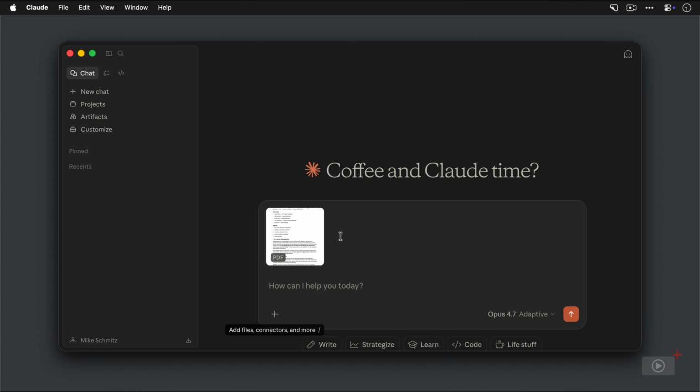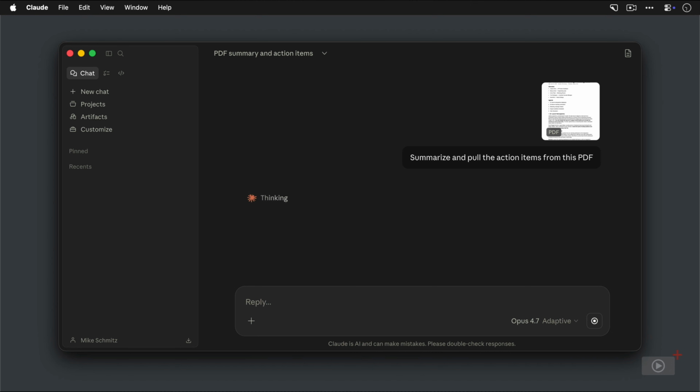This is one of the most underrated everyday uses of Claude. So let's ask Claude to summarize and pull the action items from this PDF. Okay, so this 4-page PDF is going to be looked at, and then Claude will give me this summary here